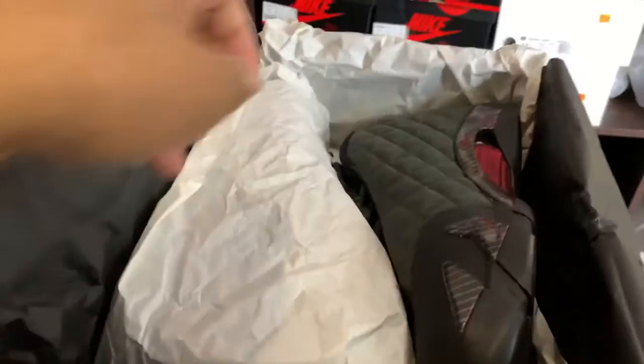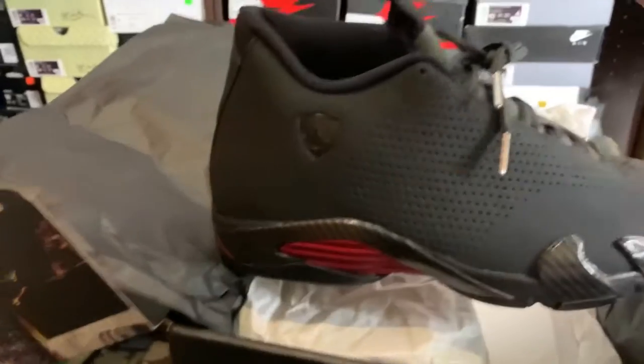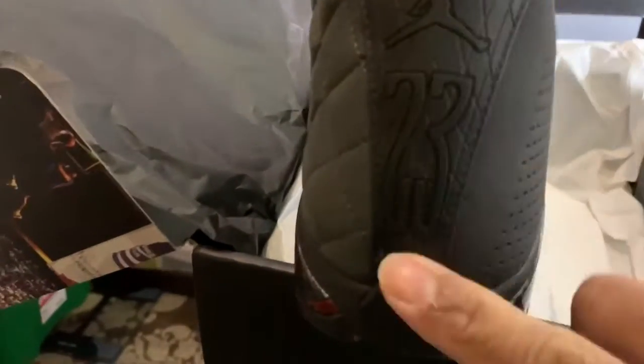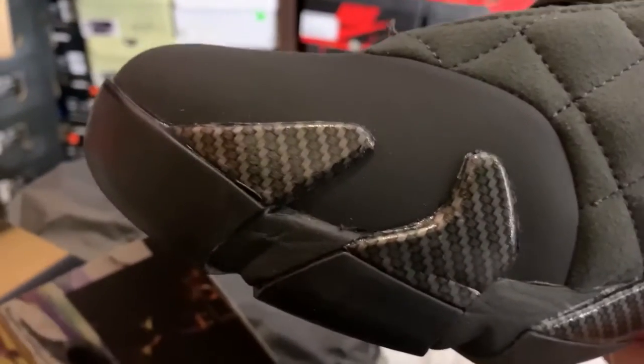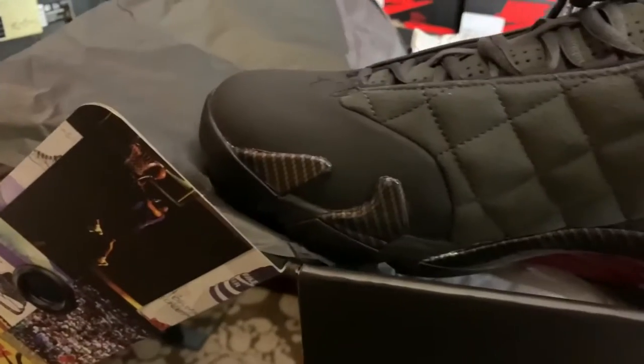The next pair that we sold on eBay is right here. We got the Air Jordan 14. It's somewhat like the Last Shot, but this is the Ferrari colorway. Boom, look at those. Yep, the Last Shot is much better because it has some kind of number that is much better on this side. Sold this one way above retail, and the retail on this one is $200. So we bought this one for $159.99 minus 20% off, so somewhere around $127, and we sold it for